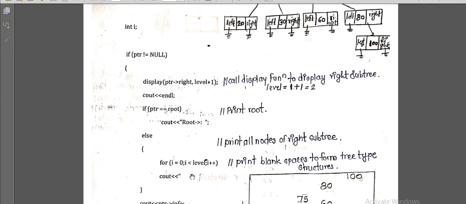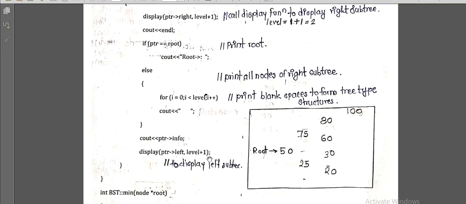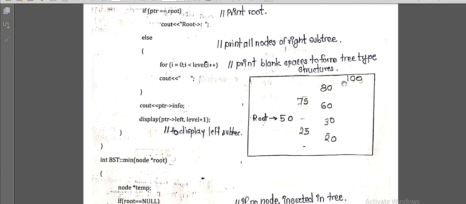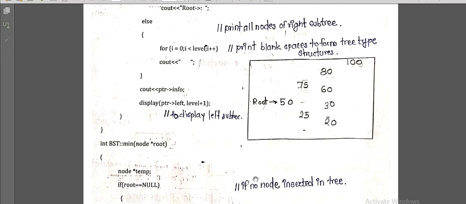So we are adding the blank spaces here level wise. After that, like this, first by adding the blank spaces we have mentioned the 100. After adding the blank spaces we have written the 80. After adding the blank spaces we have displayed the 75. Likewise, after that, mentioning the blank spaces, we have defined the 60. Then we have defined the root element with the element 50. Then again 30, 25 likewise. So in this way our tree will get displayed over here.